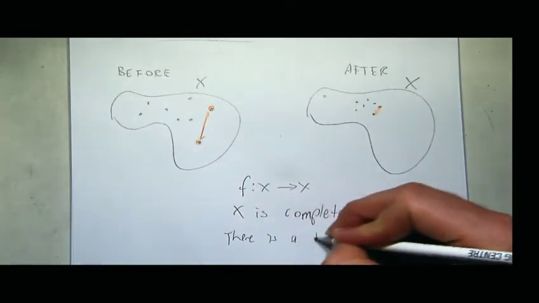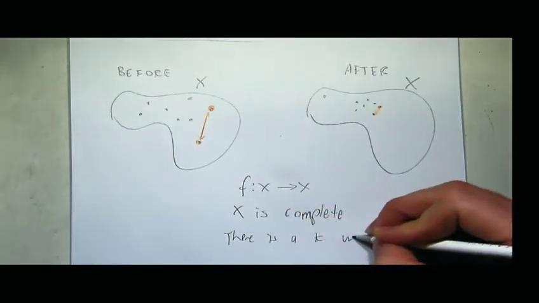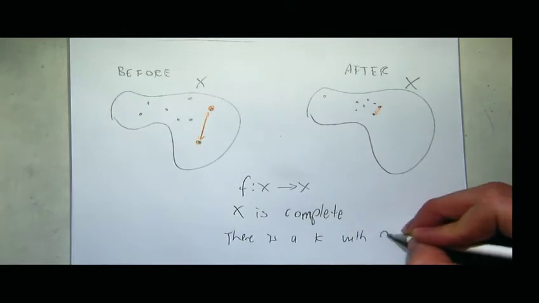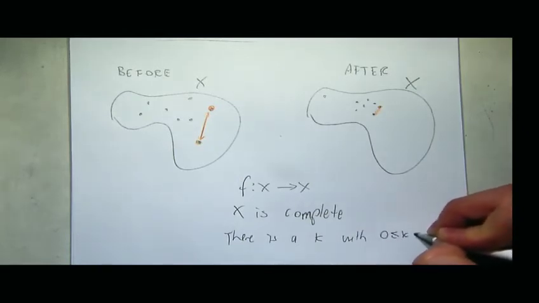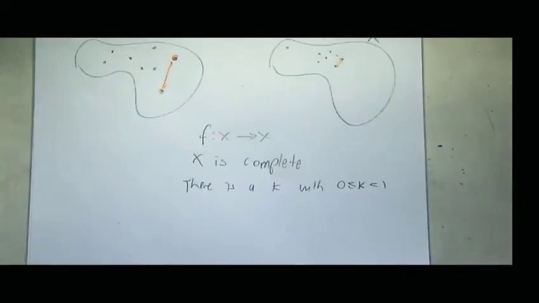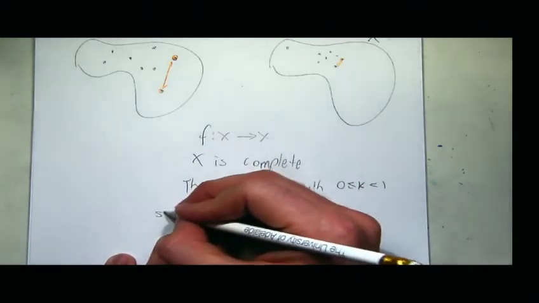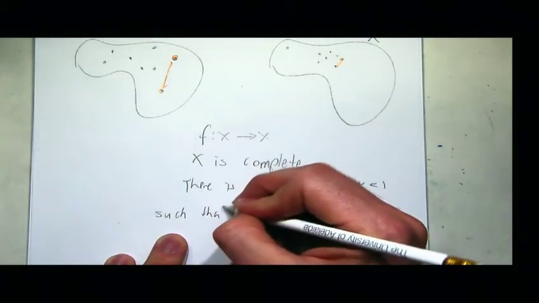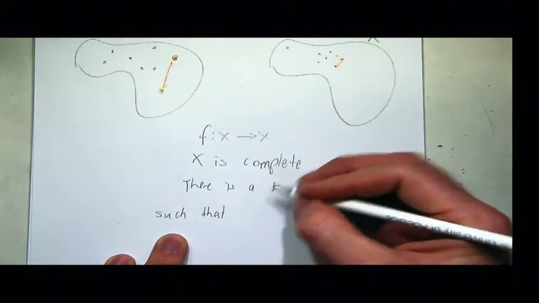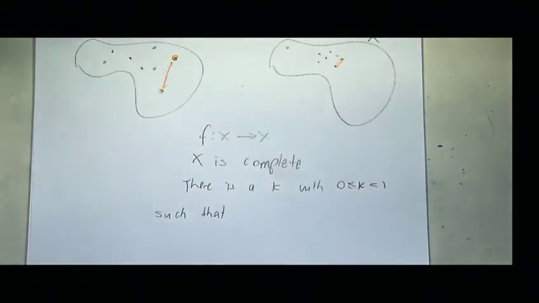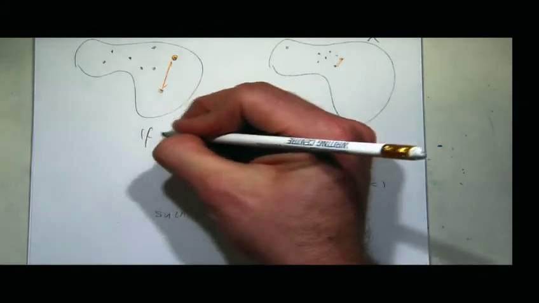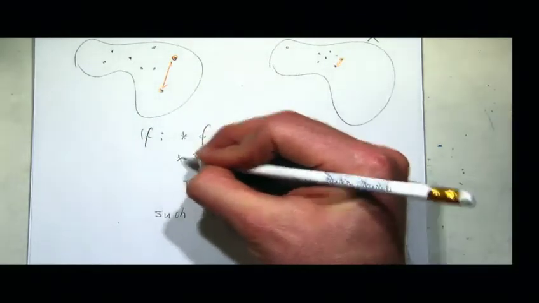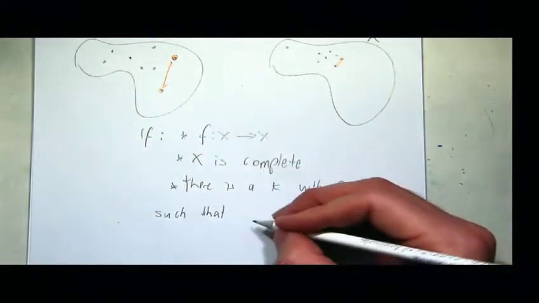There is a k with 0 less than or equal to k less than 1. Okay, so it's a percentage. Such that, so this is my setup, if all of these happen at the same time. So it's like if this, this, this. So there is a k such that